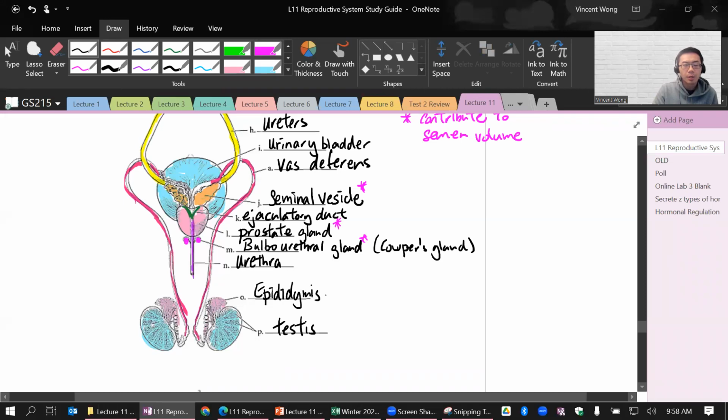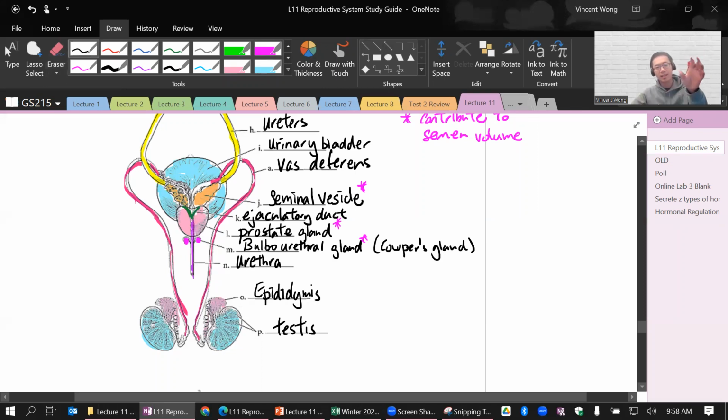That's where the sperm has swimming lessons. That's where they learn how to swim and become motile. And it's also stored there until it's released. So the sperm are made in the testis, stored in the epididymis. When it's time to come out, they will go through the vas deferens, and then through the